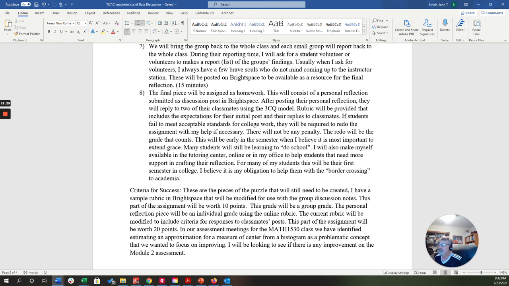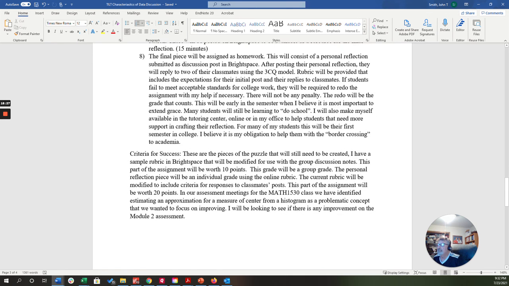So what's the criteria for success? These are the pieces of the puzzle that will still need to be created because I still have to modify rubrics in Brightspace for the group discussion notes. This part of the assignment here, the personal reflection,